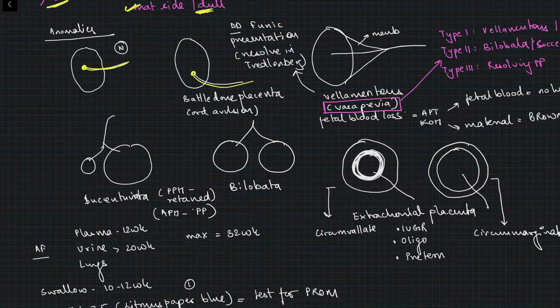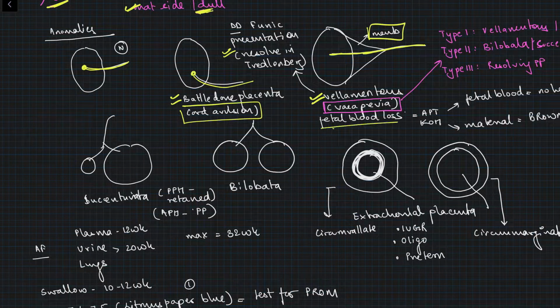If it is attached at the margin, then it is called a battledore placenta, and it can lead to cord avulsion. While if the umbilical cord is first attached to the membrane and then attaches to the placenta, then it is known as velamentous insertion of the cord, and it leads to vasa previa, right? Remember, the differential for a velamentous placenta is a funicular presentation, but how will we differentiate? We will put the patient in Trendelenburg position, and if the presentation is funicular, the placenta moves up and it will resolve in Trendelenburg position, while velamentous placenta will not resolve.